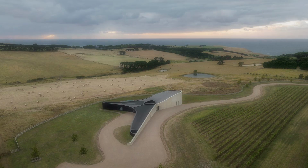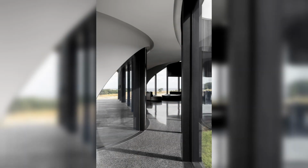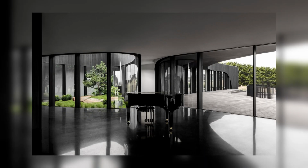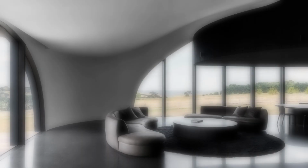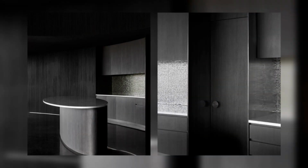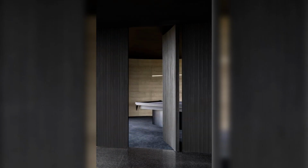recording studio. The dark, natural external material palette of charred timber and rammed earth shrouds the building, selected for its robust and low-maintenance qualities. The charred battens cloak the building mass, allowing it to recede into the rural context as an enigmatic form. Internally, the thematic quality of darkness continues with black mosaic tiles, black timber battens, blackened brass, and